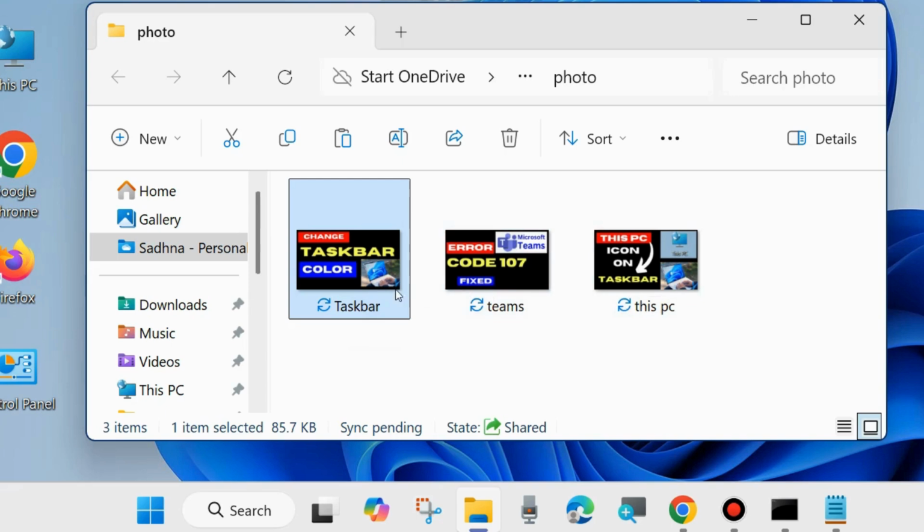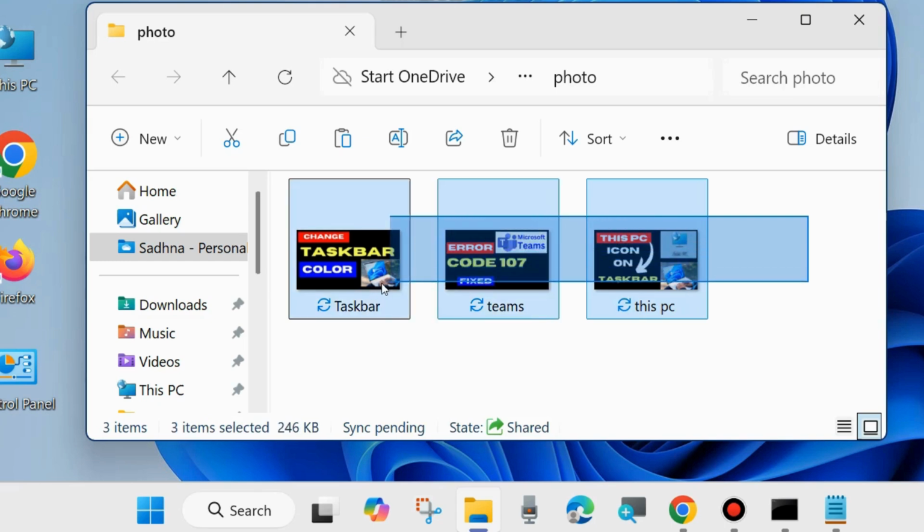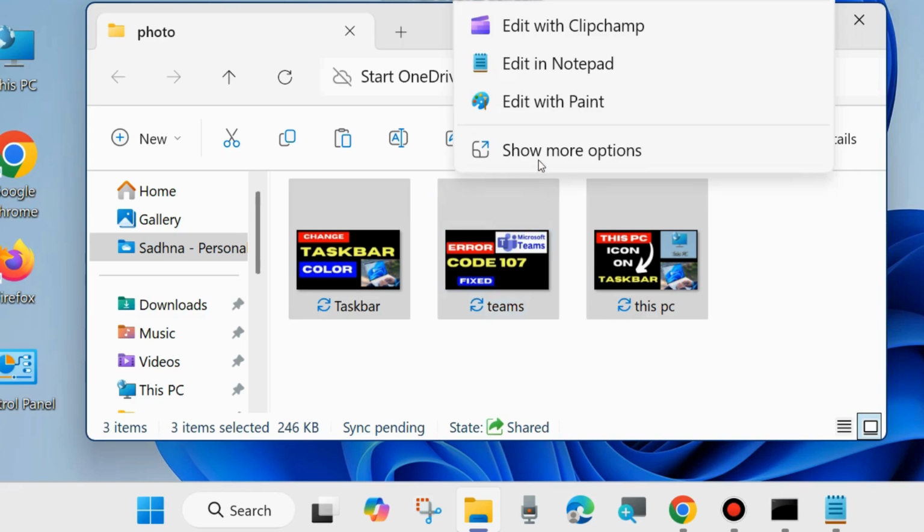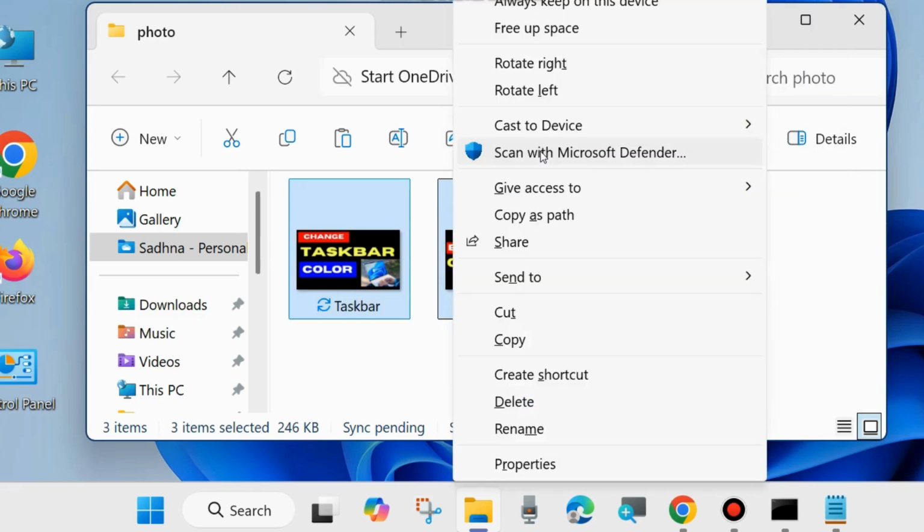To create a PDF, select all these three photos. You may press Ctrl plus A, otherwise select them, and right click on it. Here choose show more options and choose the print option,